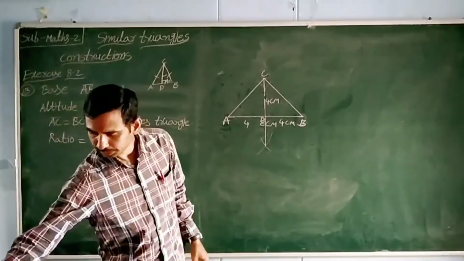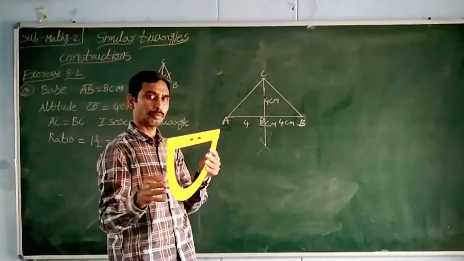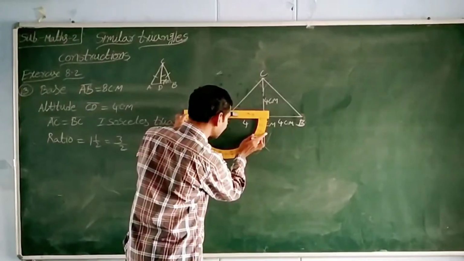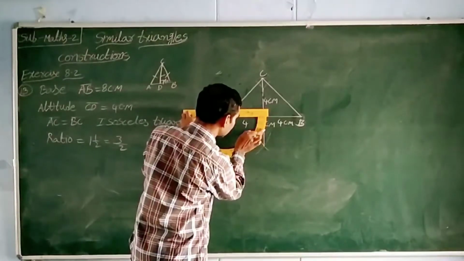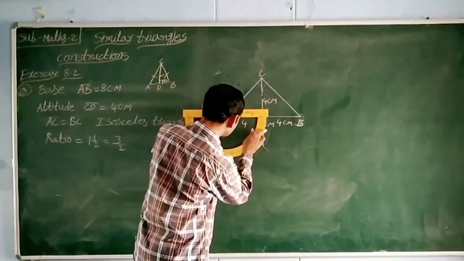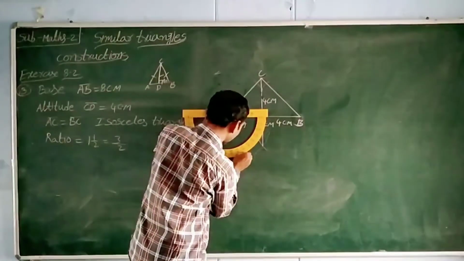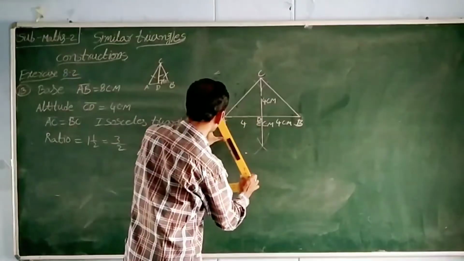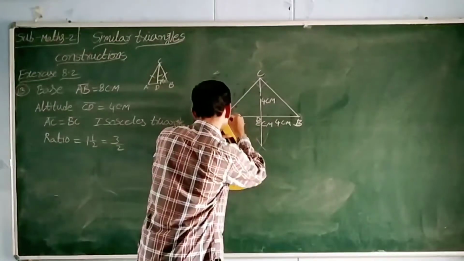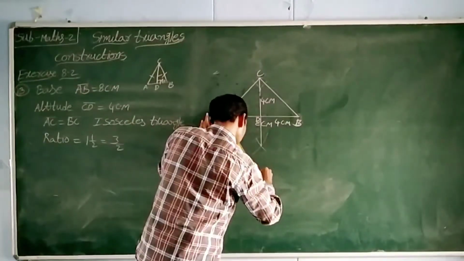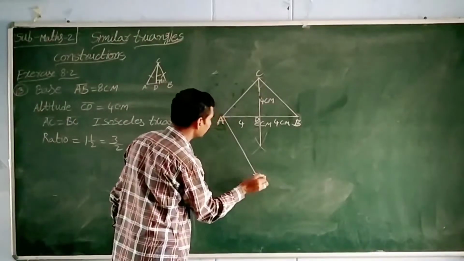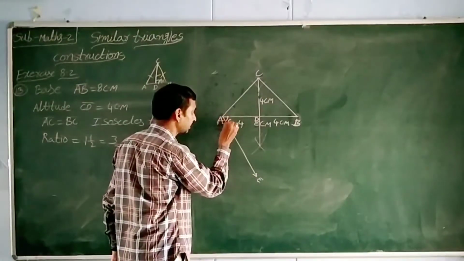Now take the protractor, midpoint at A, same as the previous problem. This line is on 0 degrees. We construct a 60 degrees angle here, downward. Now join this point and extend it. This line we take as AE. Here angle A is 60 degrees.